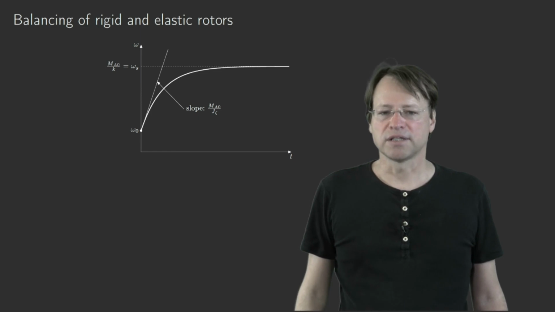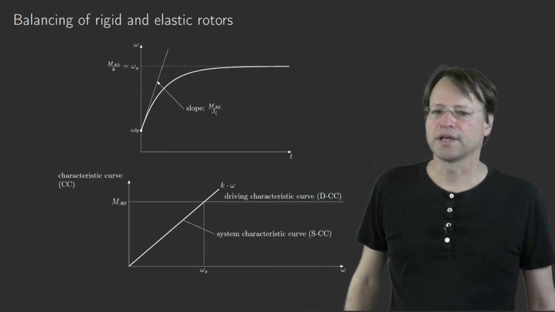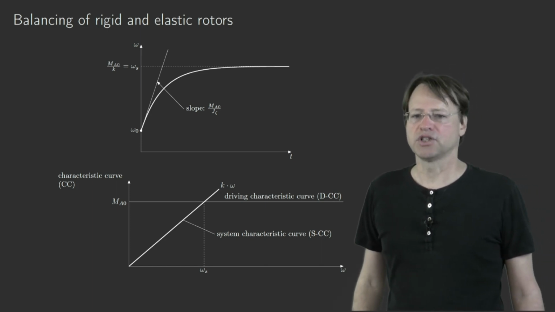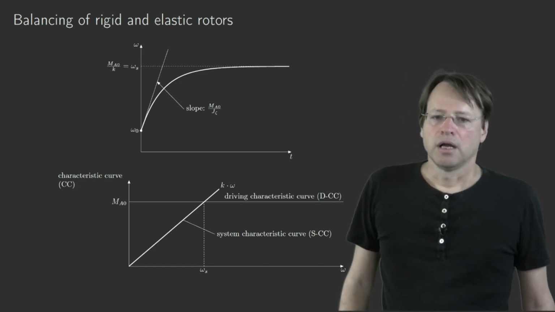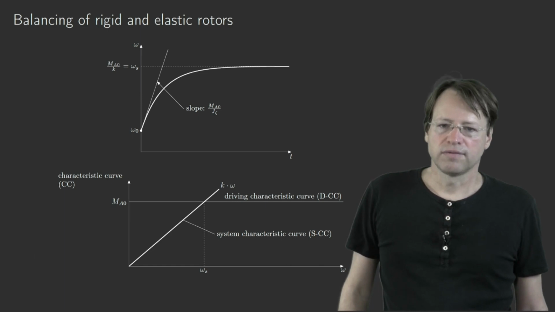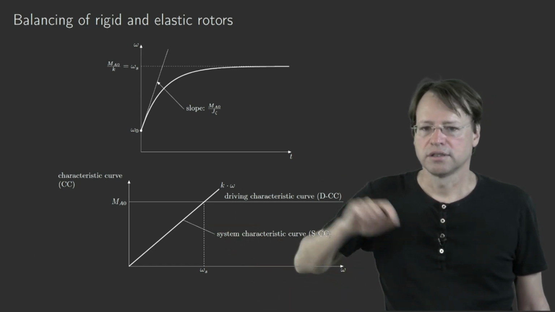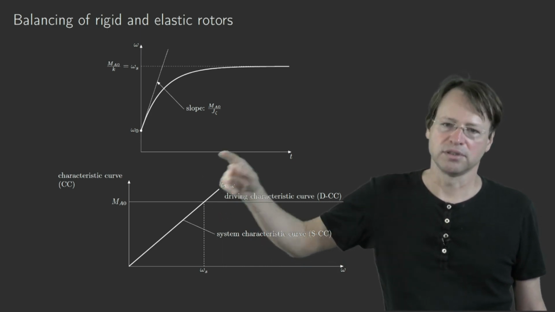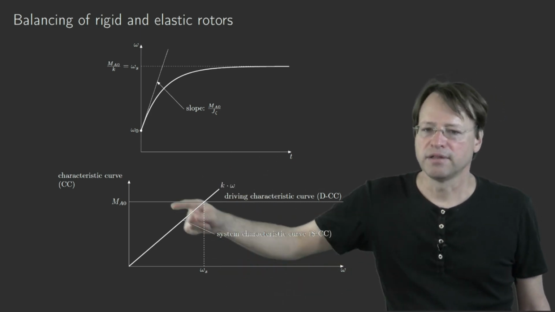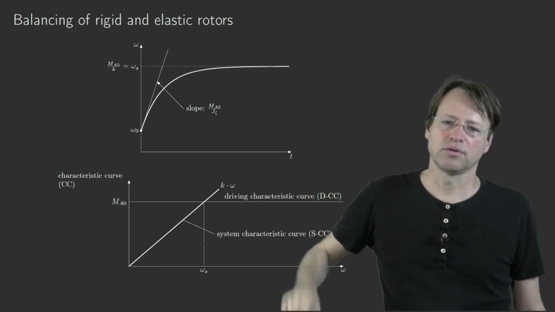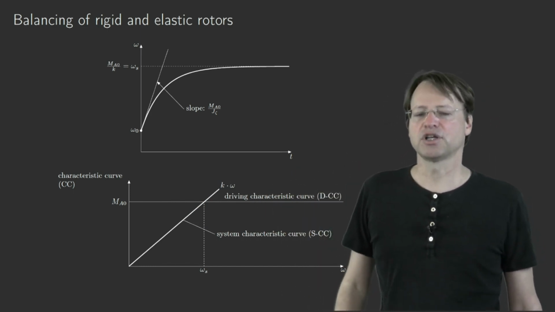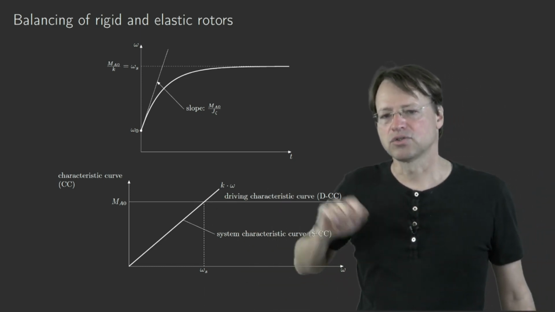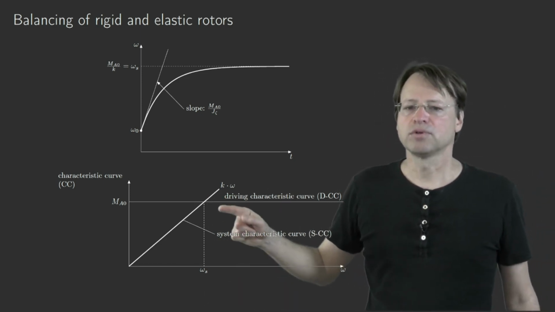If we look at some other diagram, just to show you how you can analyze that problem again of finding the points of stationary operation, we analyze the system characteristic curve, which now takes the resistance k omega into account, and the driving characteristic curve, which is just the external excitation, I would say. And if we have a point where these two lines cross, then this would be the point